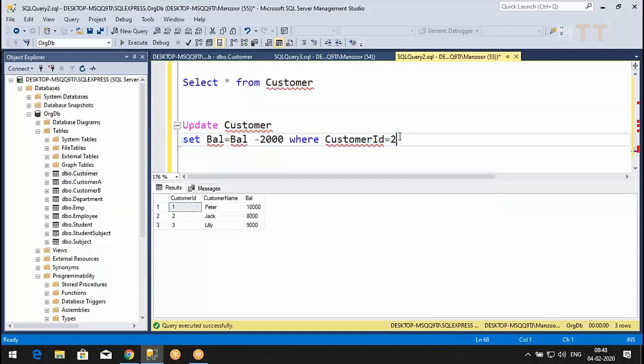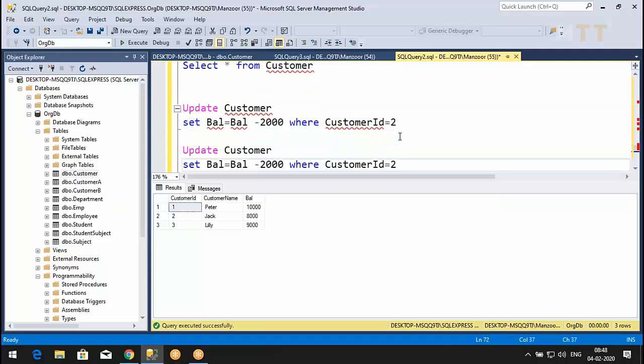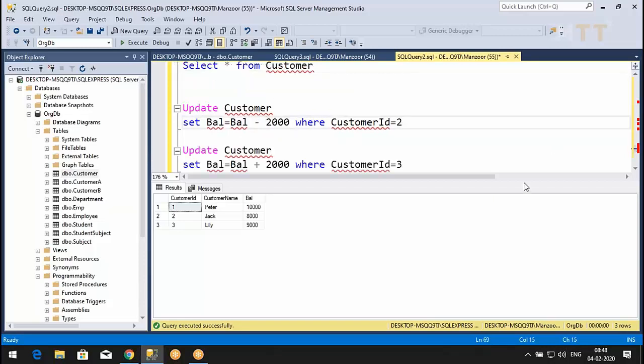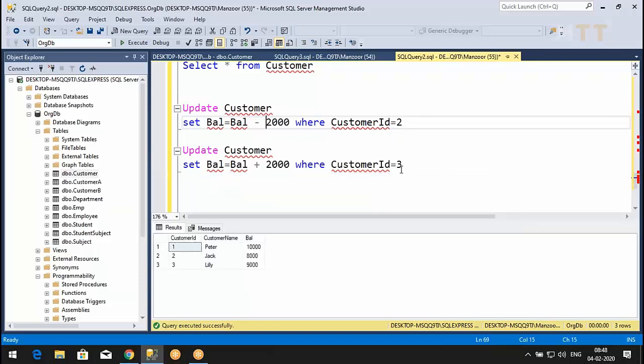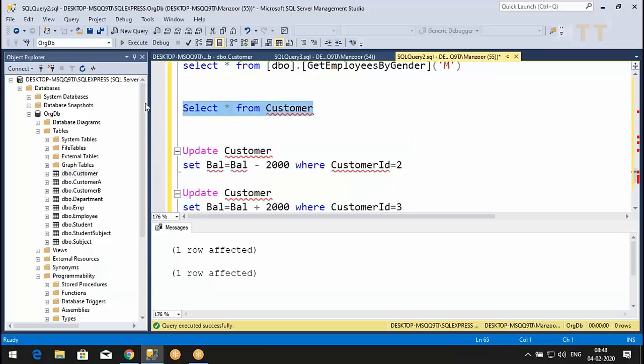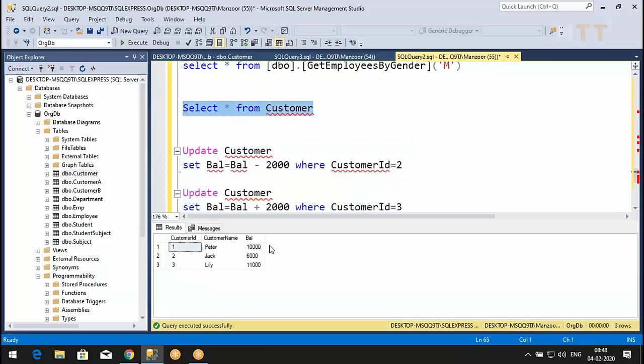Then the next operation: in customer account 3, I should say plus 2000. Is this clear? Now I'll execute these two statements. Two rows affected successfully. This is the ideal scenario. If everything goes well, there is no problem. 2000 got deducted and added in Lily's account.